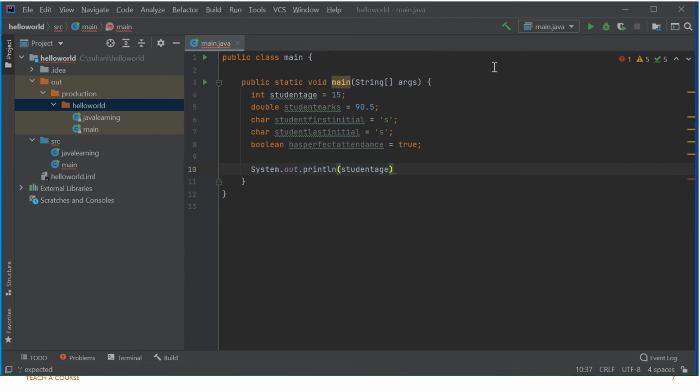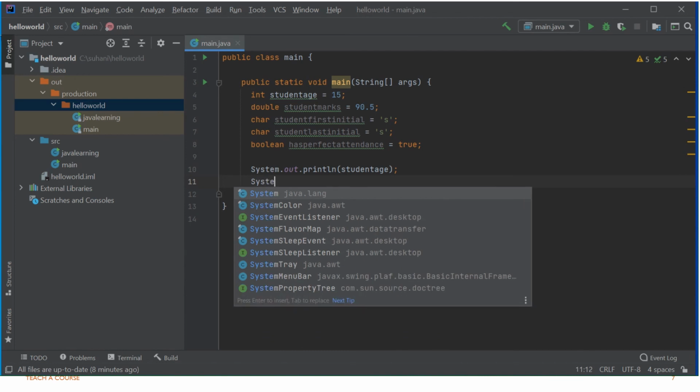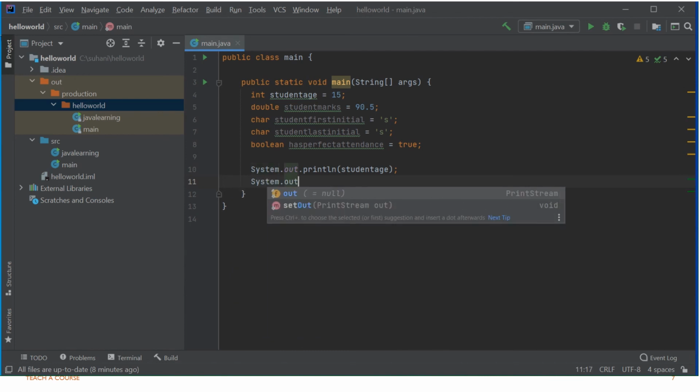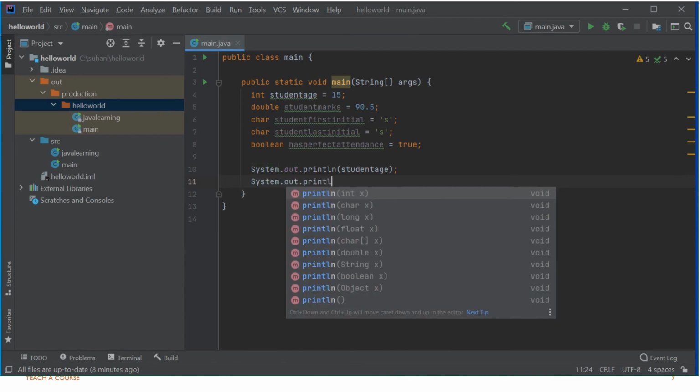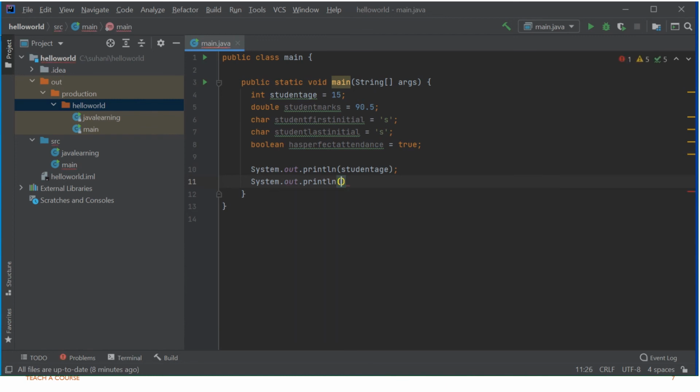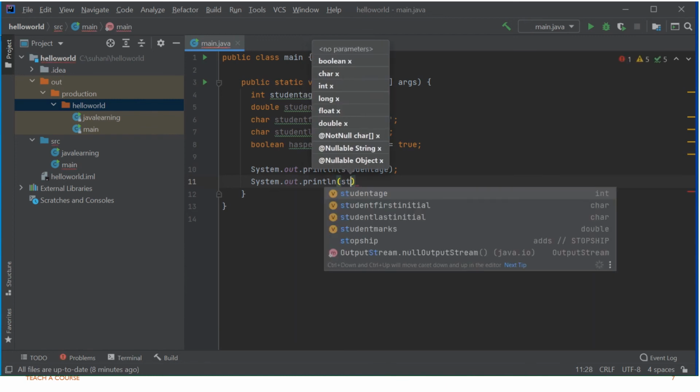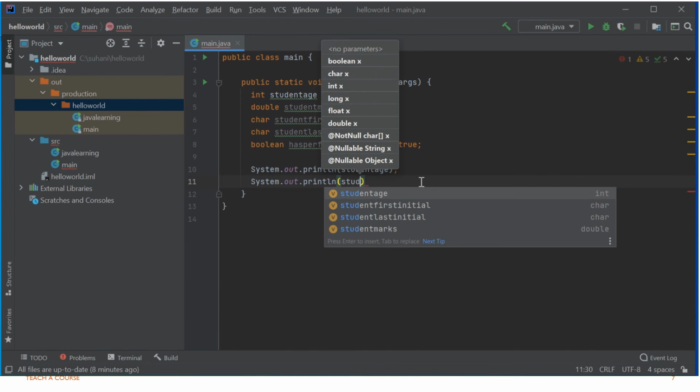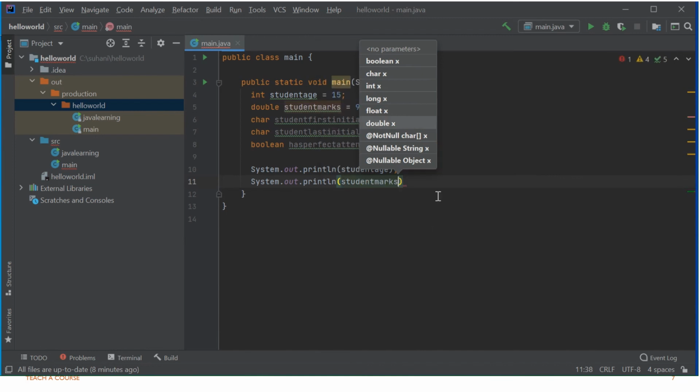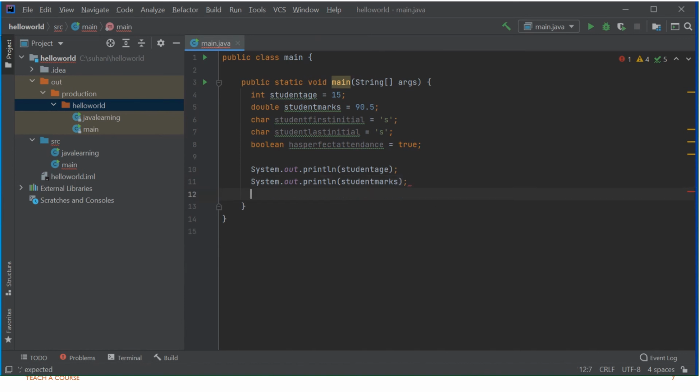So now we just simply put a semicolon here and then continue on. System.out.println, and in the parenthesis we write student marks. Then with the semicolon again we write